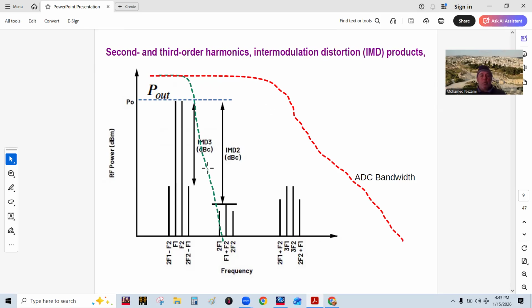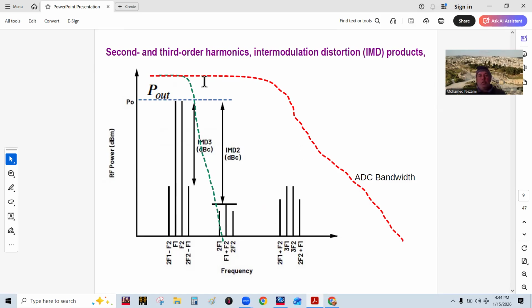Now, why is this important is because of the following. First of all, the third order intermod, when we have a channel filter, this one in here, let's say that this is the input response of the ADC, or the receiver, the overall receiver. You can see that if you want to try to cover all the spectrum, that eventually when you run frequencies here, you're going to end up with these second order and third order intermod products, and those are going to alias back in here into the DSP, so into the baseband, and going to be distortion or reduce your